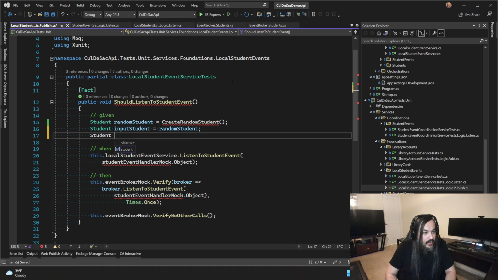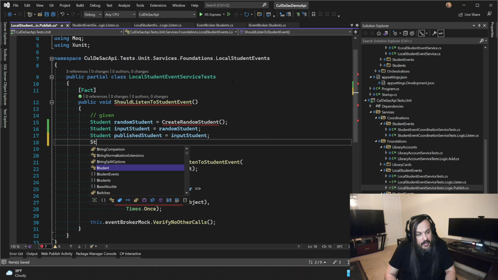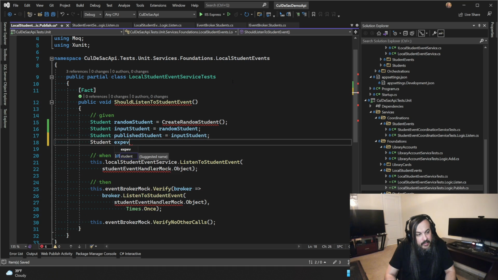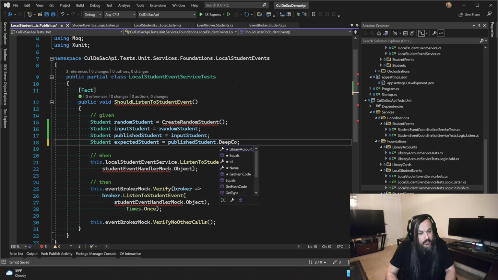And the last thing here is that you want to say published student, just like you're adding to a database, exact same pattern. And then the last one is your expected student, which is your published student, basically. And you can deep clone that one if you want.